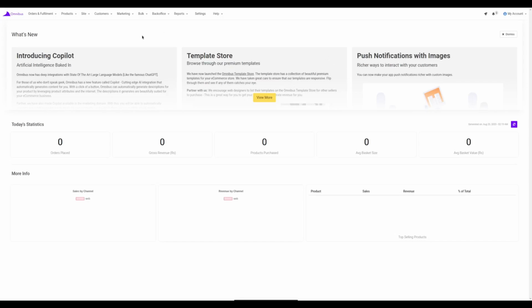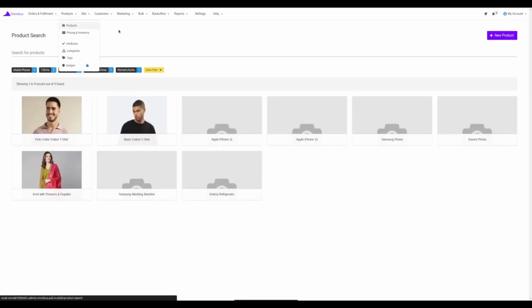So, I have logged into my admin panel and I'll go ahead and see my products. As you can see, I have 4 mobile phones that I have added. The first one is an iPhone, the second one is also an iPhone but a different one, then a Samsung phone and a Xiaomi phone. Now these 4 products, which are basically mobile phones, belong to a category, you could say electronics, and within that a subcategory, mobile phones. But if you think about it, iPhone